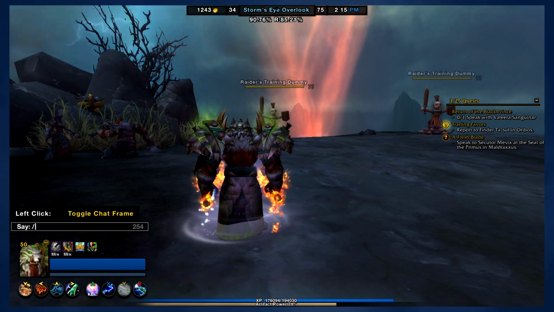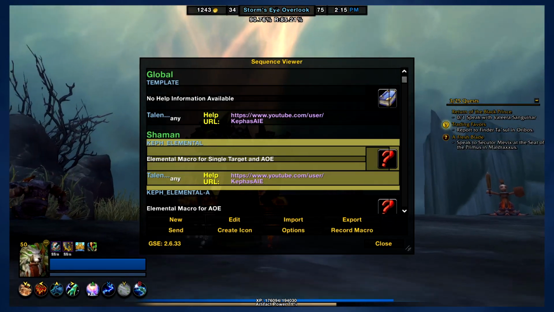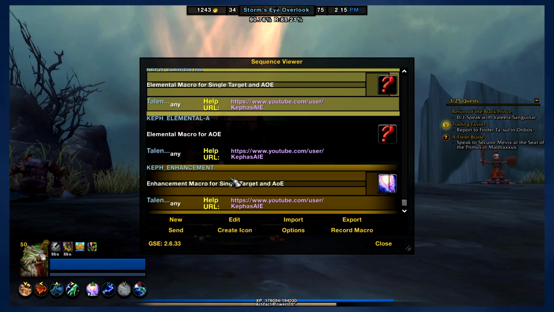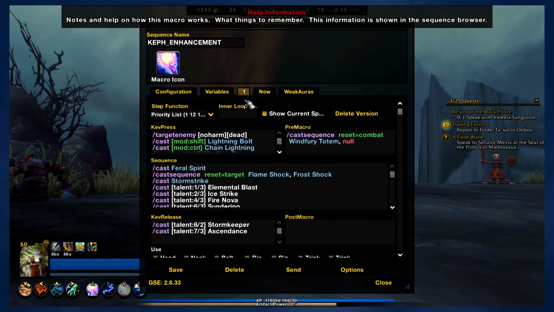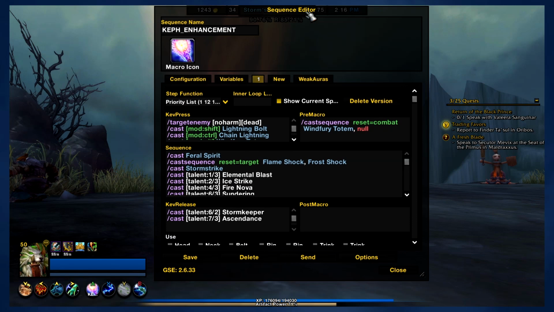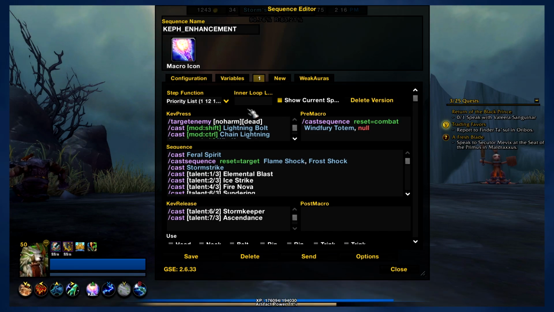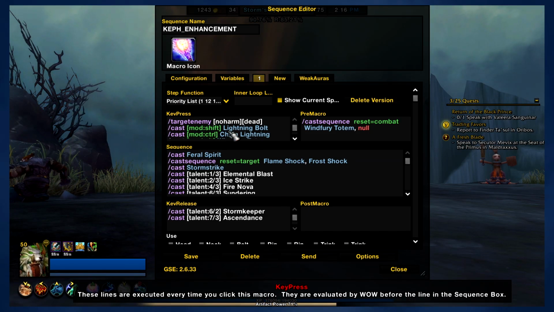We're going to type /GS to open up Gnome Sequencer, and then we're going to scroll down. The macro will be called Kef Enhancement, and it is an all-in-one macro with the help of modifiers, of course. So let's go ahead and take a look at it now. We'll go over a couple of things in the talents in a little bit, but let's get right into this. Now, first things first, with modifiers,